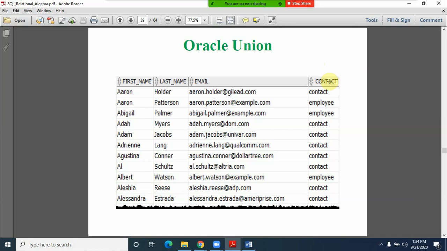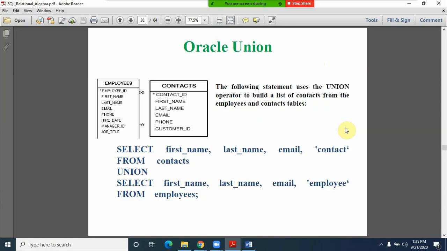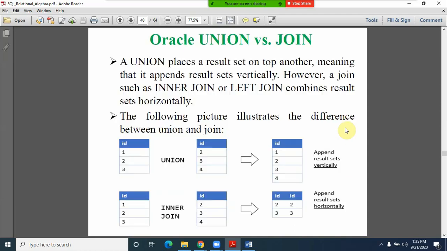But with the contact information you can easily observe whether we are fetching the record from the contacts or employees. After completion of this query, I should be in a position to identify which information is from the employee and which is from the contact. You get the union of the records from both the employee table and the contacts table.